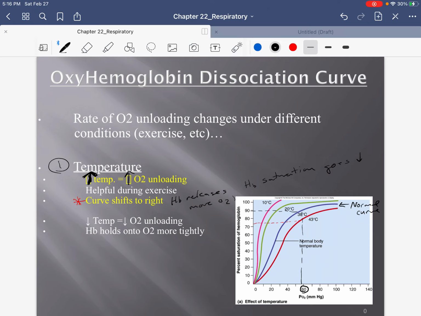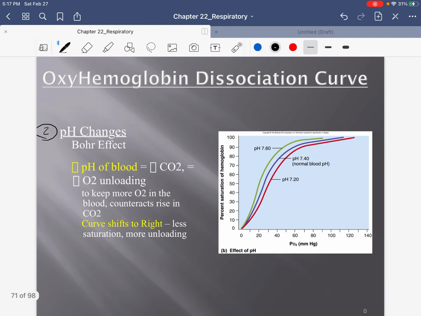When we have an elevated body temperature, the curve shifts to the right. When the curve shifts to the right, hemoglobin is releasing more oxygen to the tissues. Therefore, hemoglobin saturation goes down for the same given PO2. Good. Now, what we're going to find is the same shift, a shift to the right, when we have a